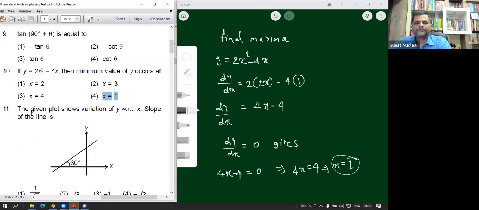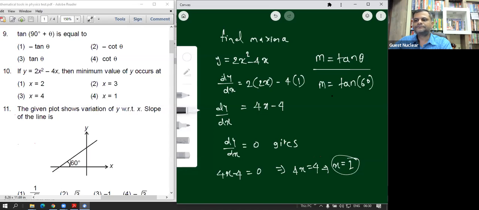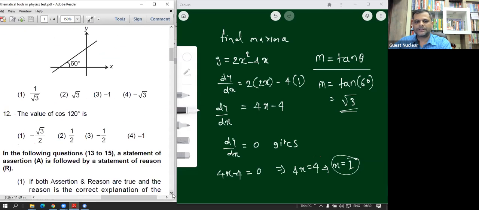Yes. And the 11th one: the given plot shows the variation of y with respect to x. What is the slope of this line? So we know that if a line makes an angle theta with the positive direction of the x-axis, then the slope of the line is going to be tan theta. So we have to use this formula, and we will get the slope as simply tan of 60, and as we know that tan 60 is going to be root 3,